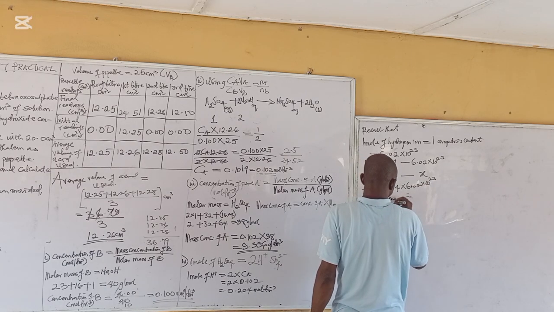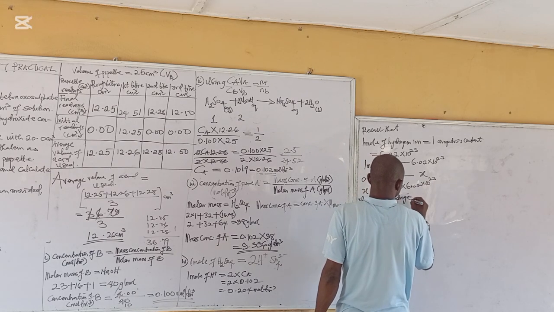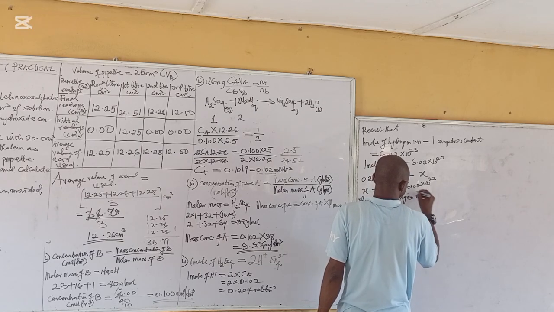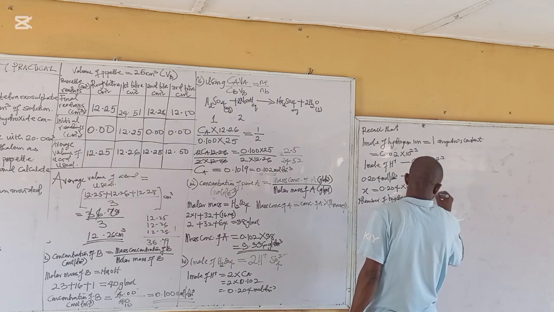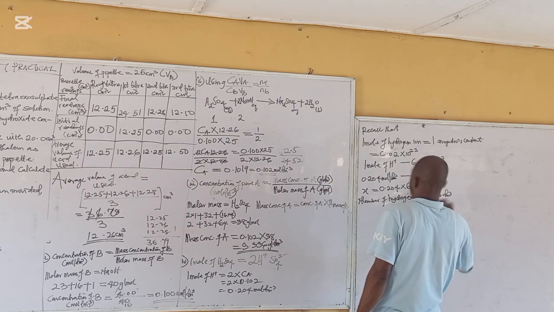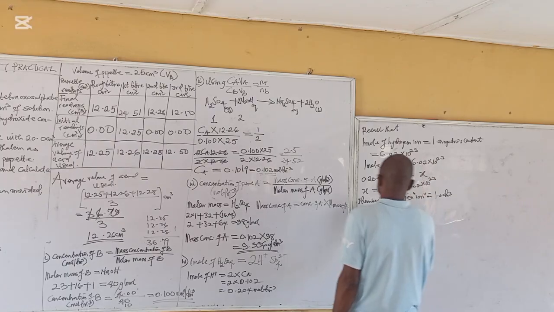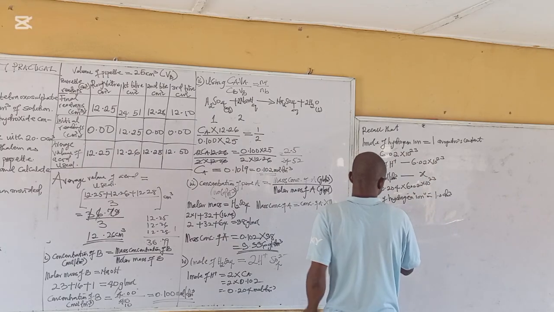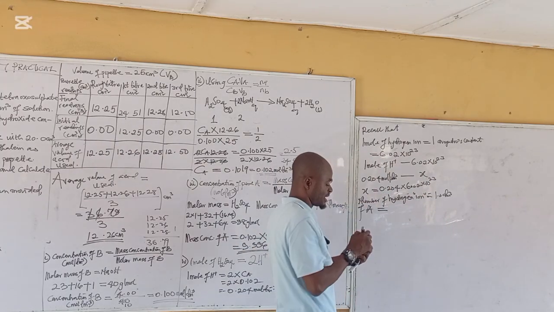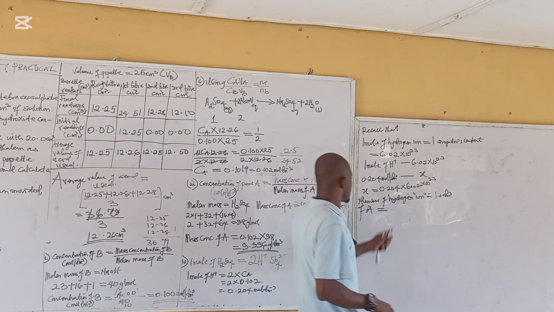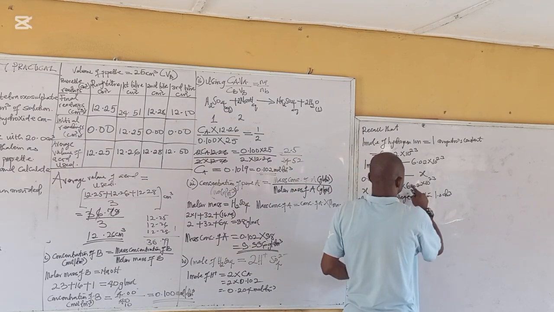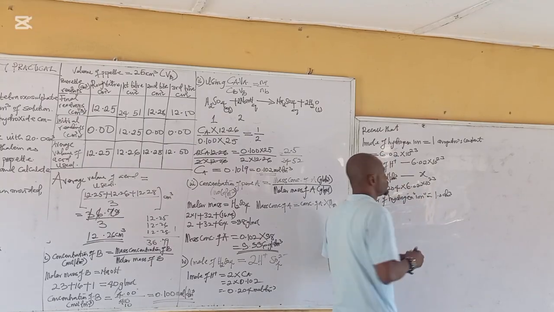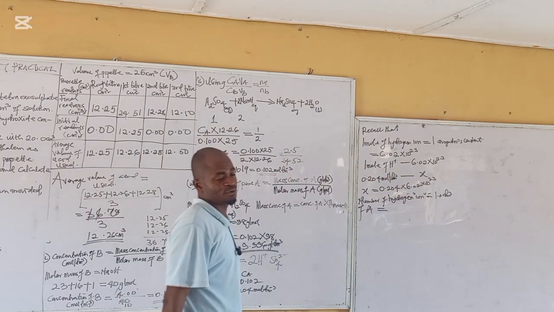Therefore, the number of hydrogen ions in 1.0 dm cube of the acid is equal to, multiply this one together and tell us. When you multiply 0.204 times 6.02 times 10 raised to power 23, it will give us